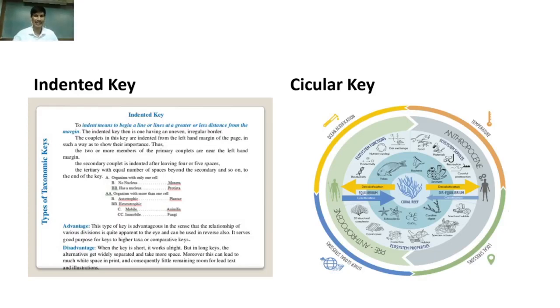We take one indentation, one character, and if one cell is there, the animal is put in the Protista. The multicellular animal is put in the Metazoa. Then again, in the third indentation, these are motile or non-motile. These are the character features that the indentation will observe to identify the animal. Then in the right side panel we observe a circular key. How does it identify the animal? Here we arrange some parameters, and by these parameters the organisms are sorted in a circular manner. This is a circular type of key.